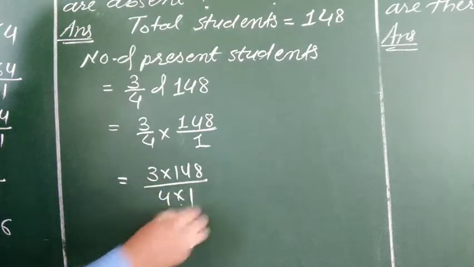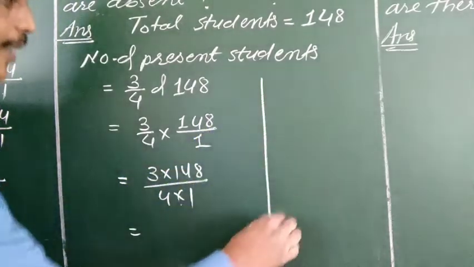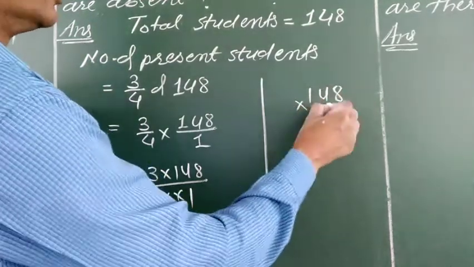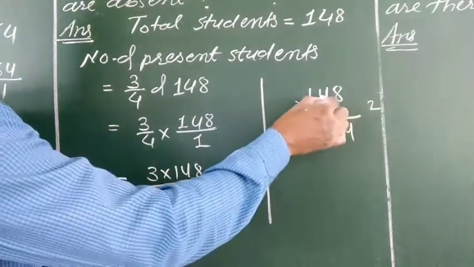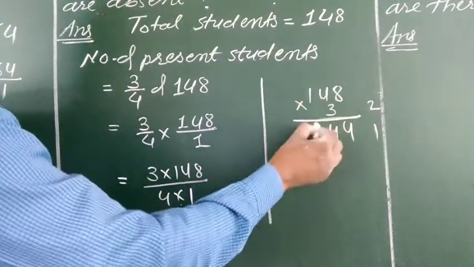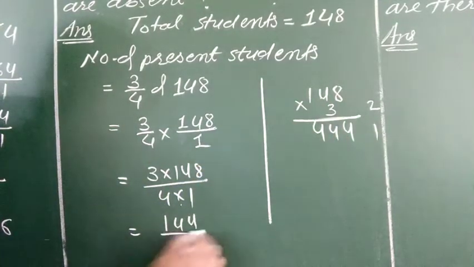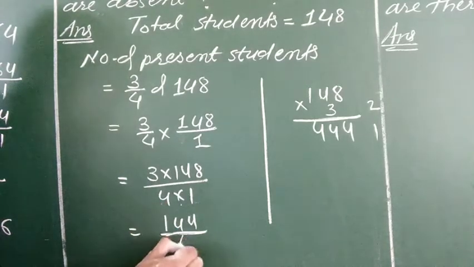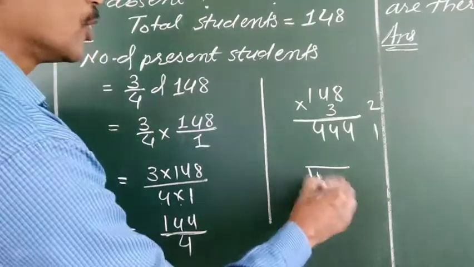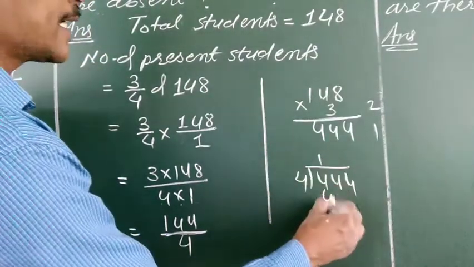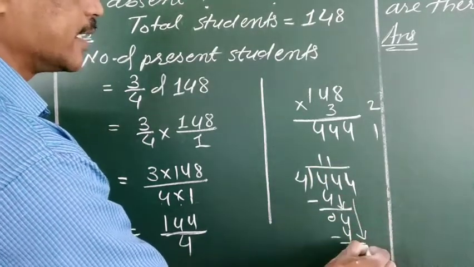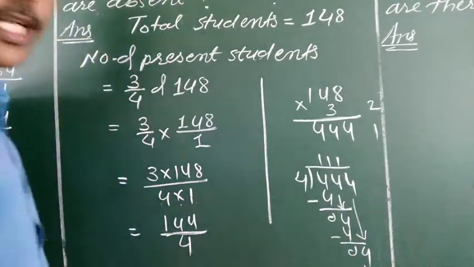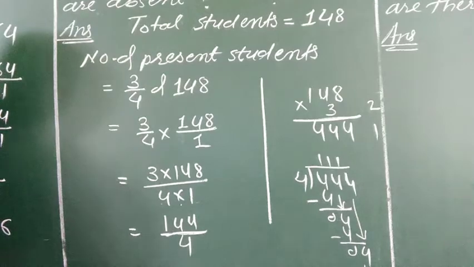तो see 3 into 148 and 4 into 1। तो आइए इधर देखिए, divide करके बेटा यहाँ पर multiply 148 into 3 कीजिए। See 3 8 जार 24 carry 2, 3 2 जार 12 plus 2 14 carry 1, 3 1 जार 3 plus 1 is 4। It is 444 and 4 1 जार 4। Now you divide this like this, 444 by 4। 4 1 जार 4, again see like this, 4 1 जार 4, and now like this it is 4 1 जार 4। So see, this way answer is here 111।